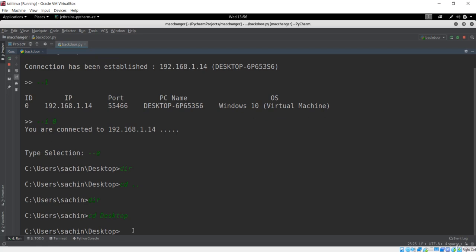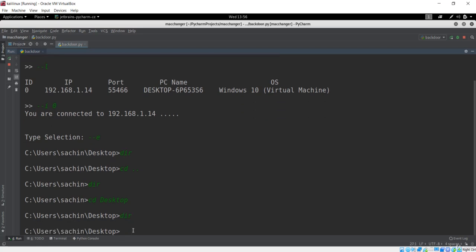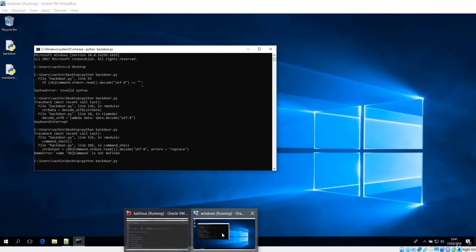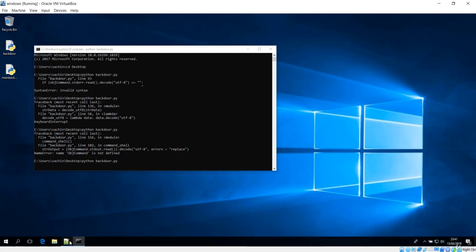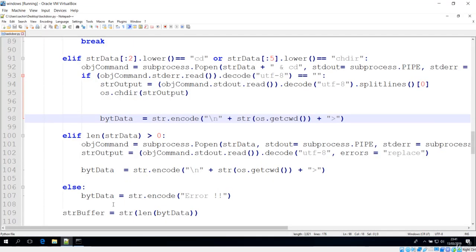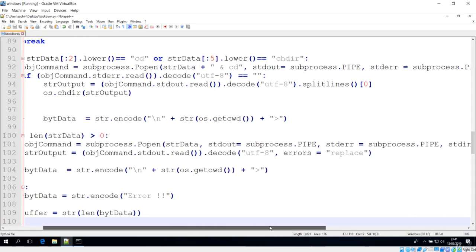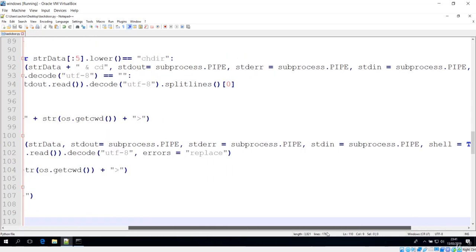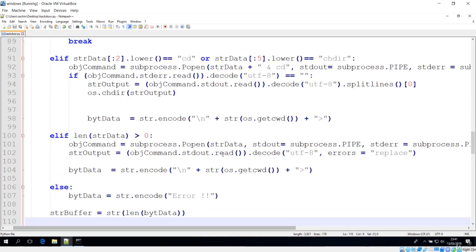Now you can clearly see we have changed, but if I type dir, it is not working. Let's go to our code and see what we have here. We have the shell to execute that with the standard data.